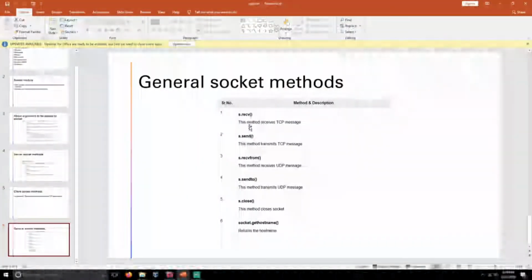And receive means receive the message, send means send me the message, and so on. And here in networks, in socket, one of the fundamental points you need to know: after using the socket you must close the connection. After transmitting and transferring the content, you need to end the connection. For that purpose we are going to use the close method in sockets. And here get host name will return the socket host name. That is the purpose of the get host name method here.